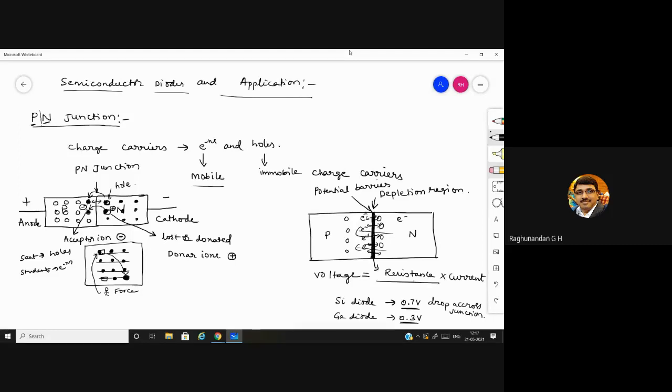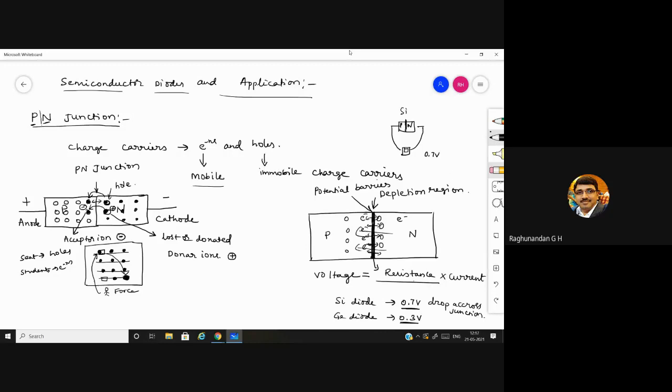You can just simply take a diode and use a multimeter. A multimeter is a device where you can measure voltage, current, resistance, capacitance, everything. So you connect that multimeter across this P and N, and you can observe it will display 0.7 volt. Without connecting any external supply, any power supply, this silicon diode will be showing 0.7 volt across the two layers. What is that 0.7? That 0.7 is the voltage, the potential across this particular junction.